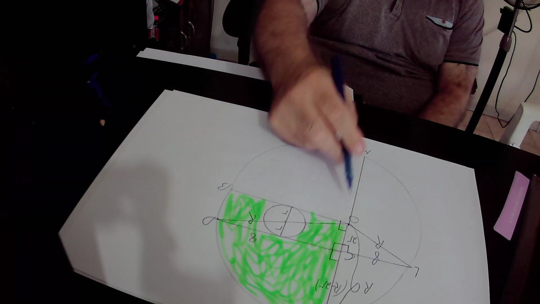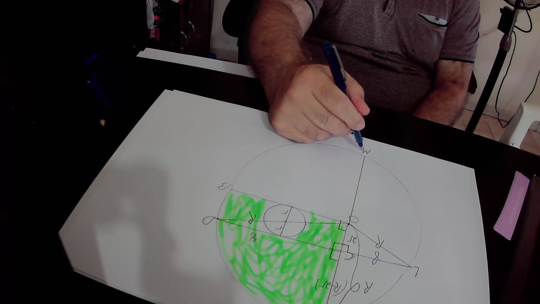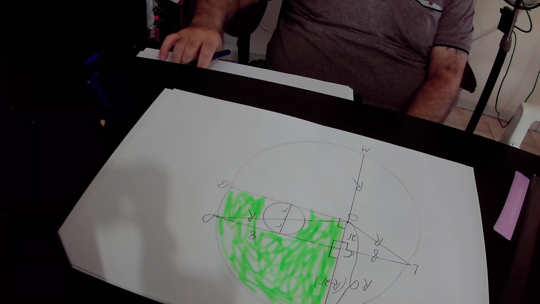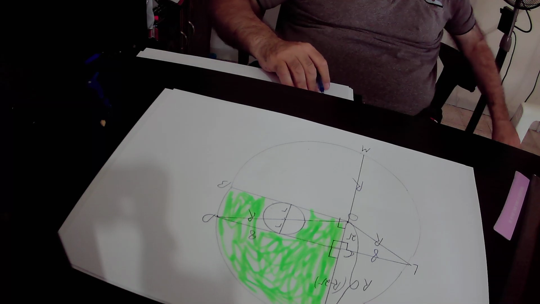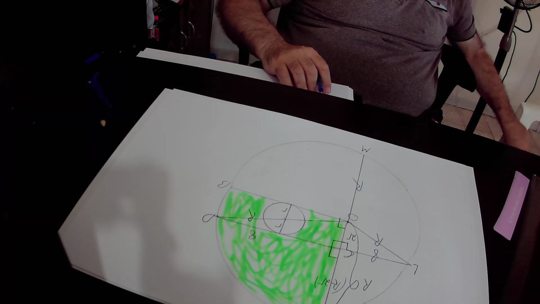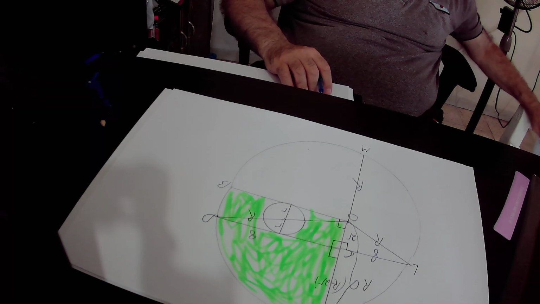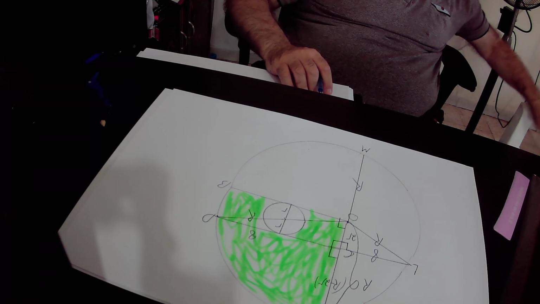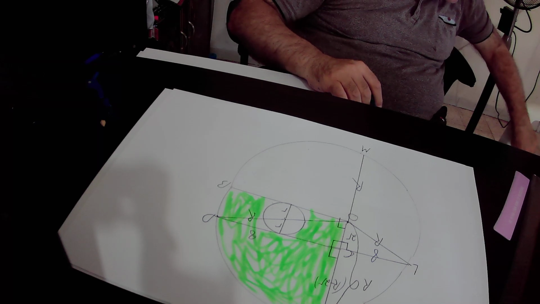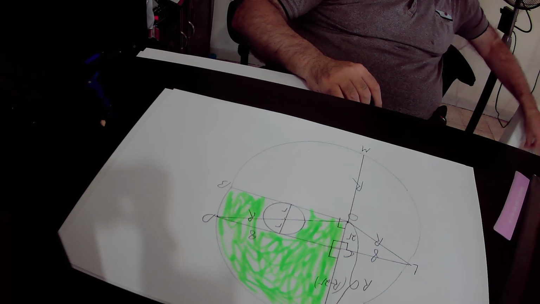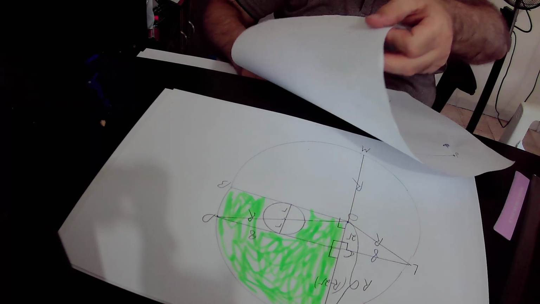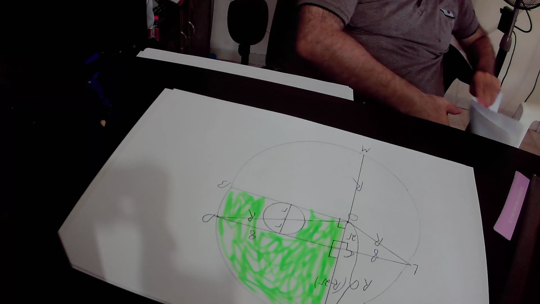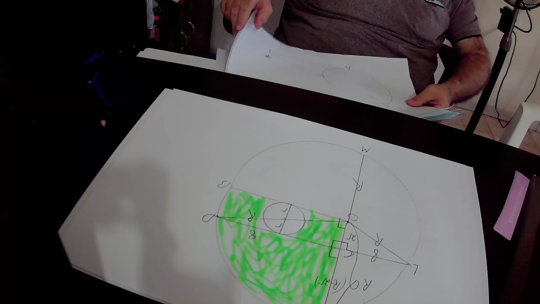here we know that point O is the center of the circle, point M is a point on the circle itself, therefore OM is the radius of this circle, equal to capital R. In the next step we will implement rule number 11 in our drawing. According to rule number 11,